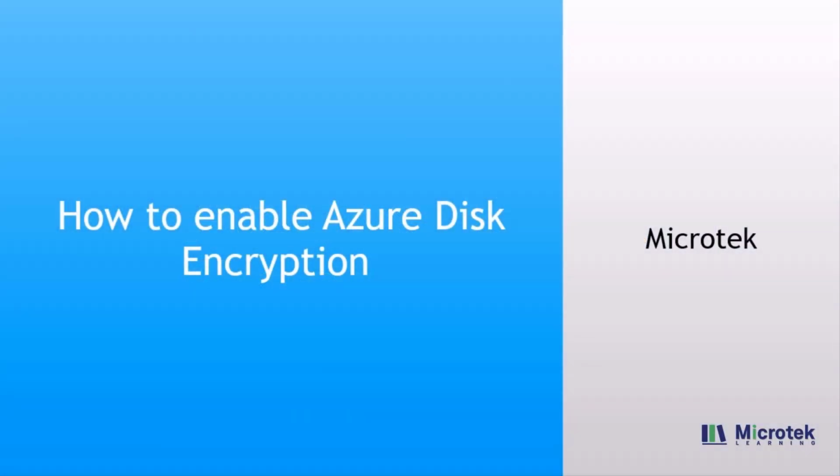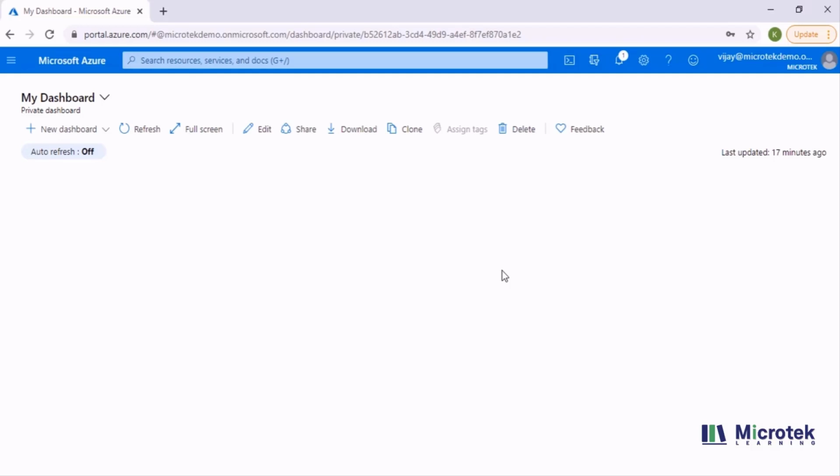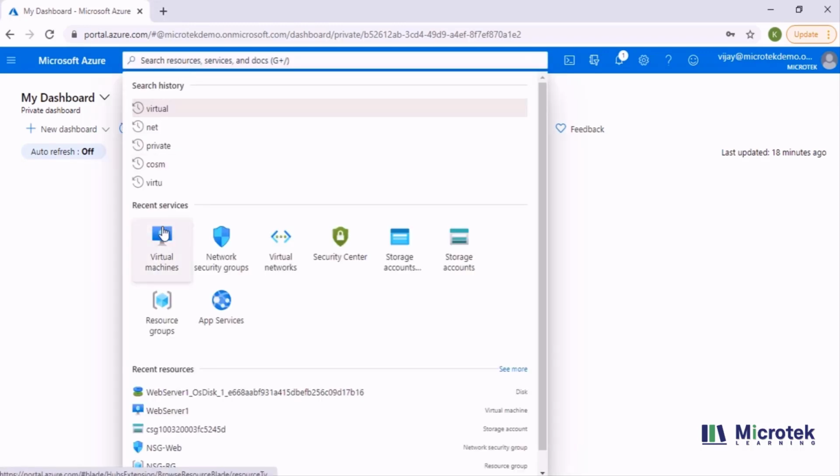In this video, I'm going to show you how to enable Azure Disk Encryption via Azure portal. Now I'm going to show you how to enable Azure Disk Encryption, for which we need to deploy a virtual machine first. So I'm just going to select virtual machine,